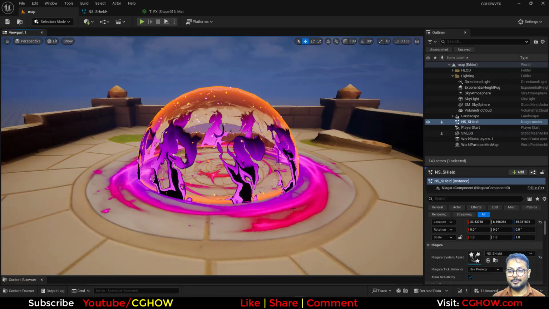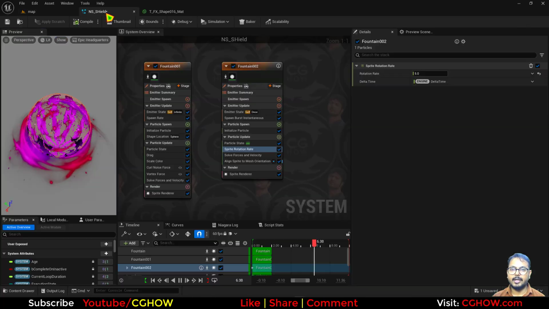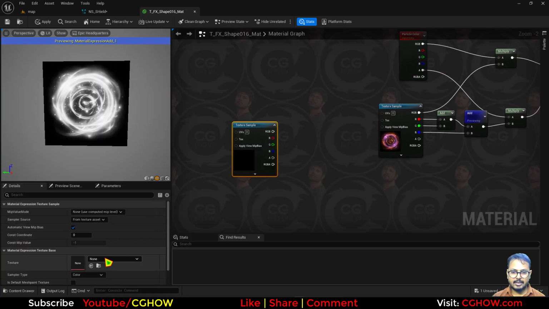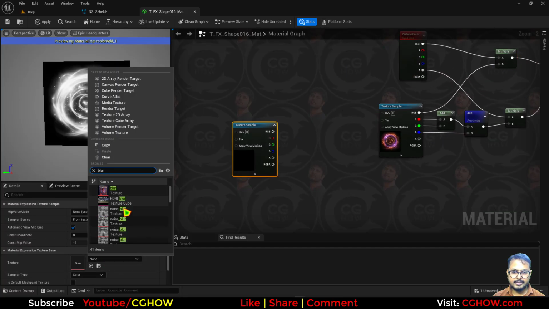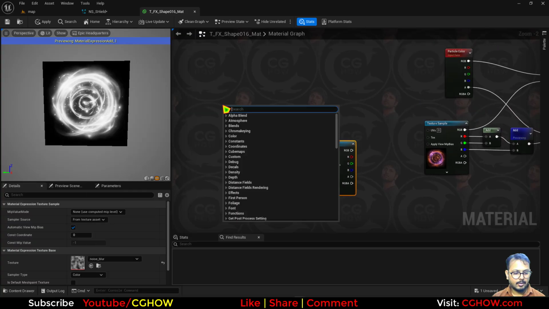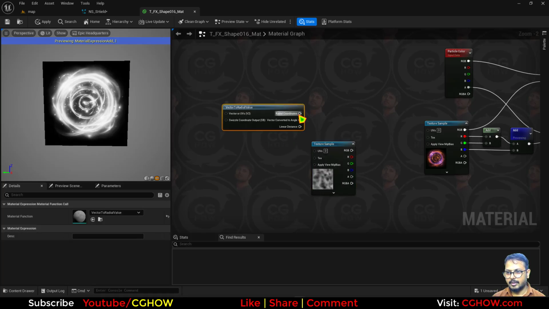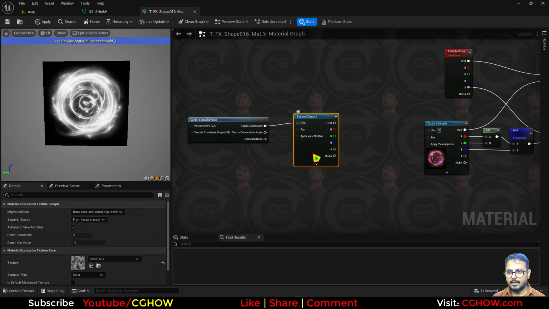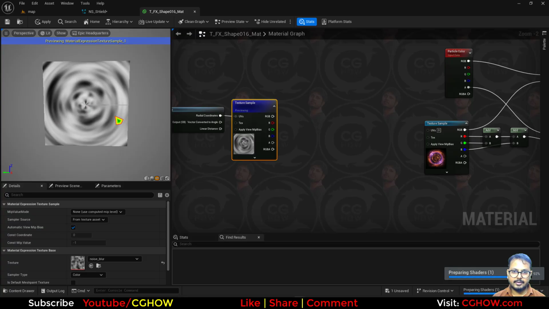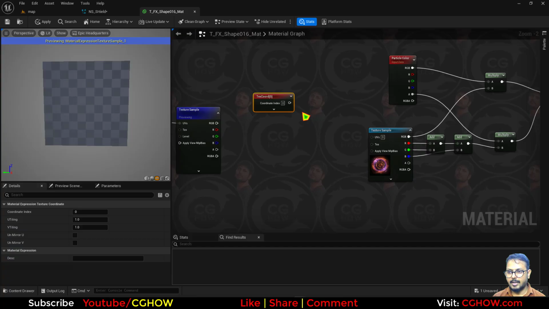Although one thing you can do, you can distort that a little bit so it will be more organic. Let's do it quickly and I'll finish this tutorial. So I'll just take this and I'll take the blur noise, and because this is like a radial ring, I'll take the vector to radial, connect this here. If I preview this UV, this noise, there's a seam, remove that,